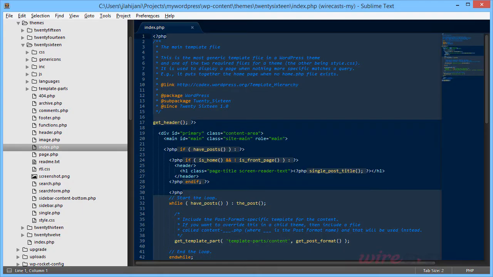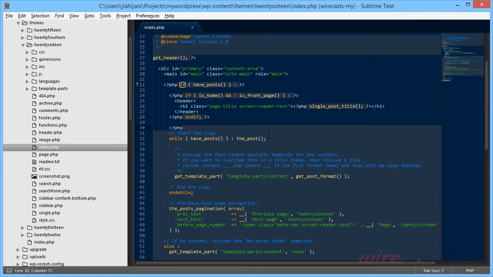Let's take a look at the index page in the 2016 theme to see an implementation of the loop. Remember, the index page is the page that displays the posts in chronological order. So as you can see, this is the start of the loop. It usually starts with a while loop and checks to see if we have any posts. If we do, it runs the post function template tag, and then it displays the content of the post